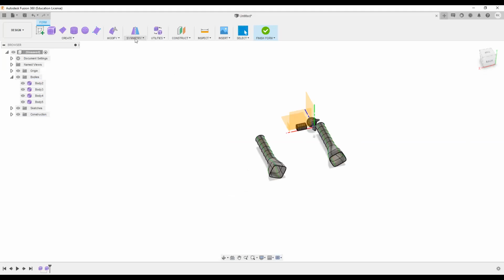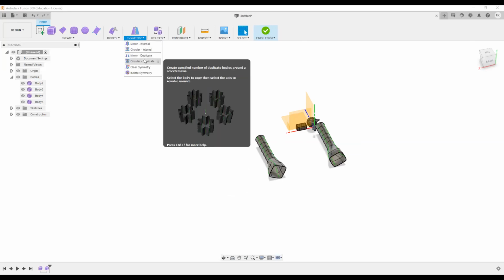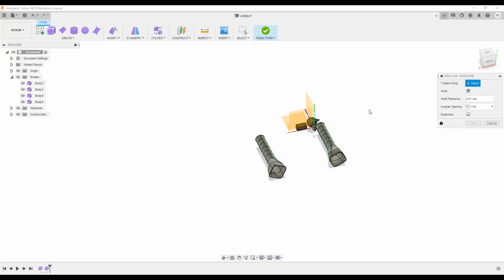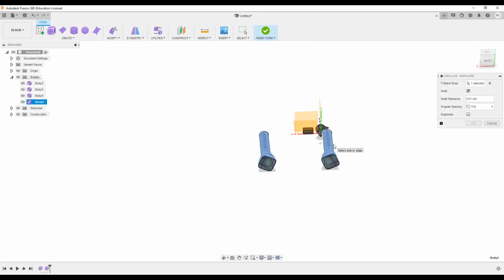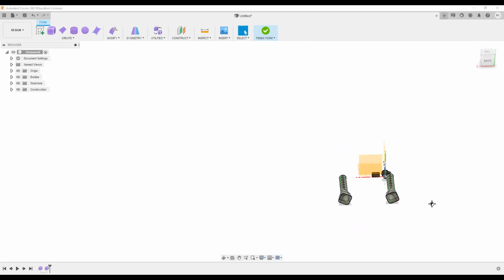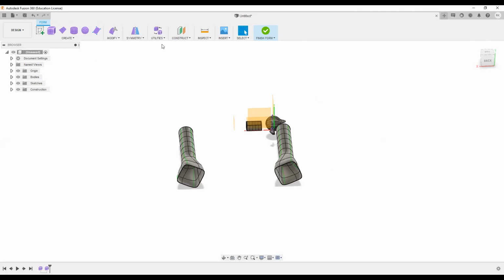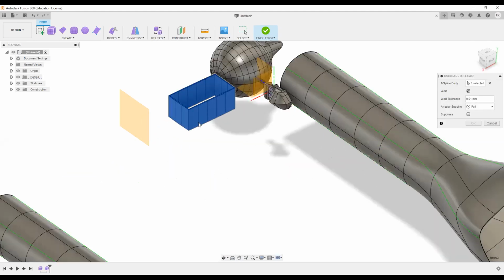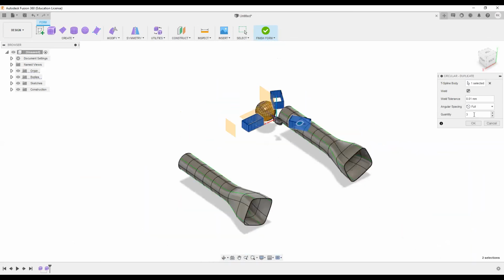Okay, so then there is a circular duplicate where I have to select an axis. I'll select this T-spline body, and then I will select the axis, and here I can change the number of quantities, like 10.